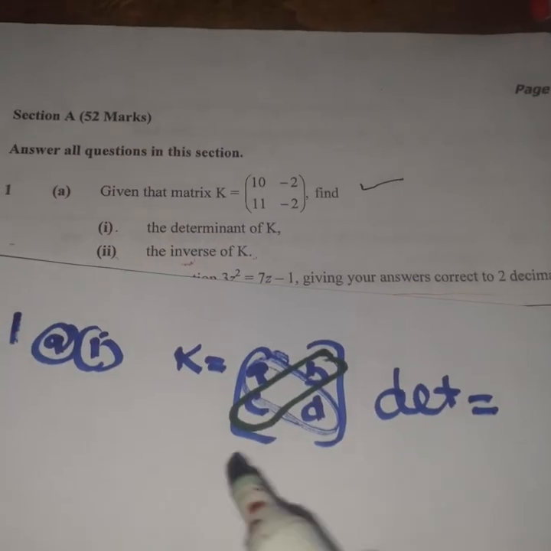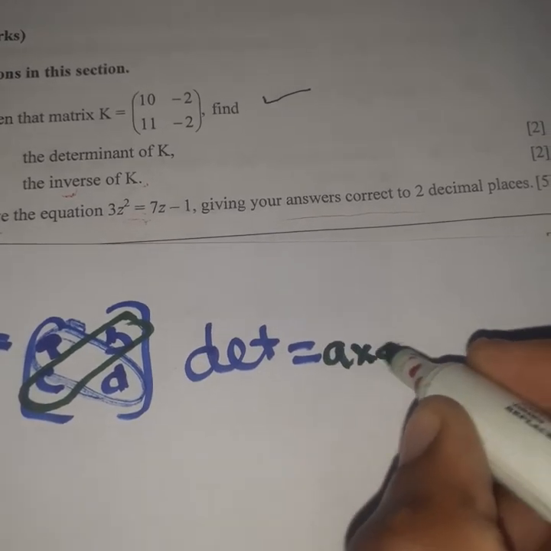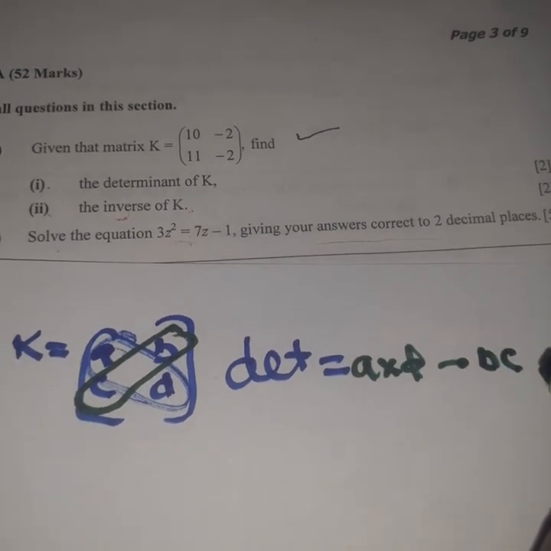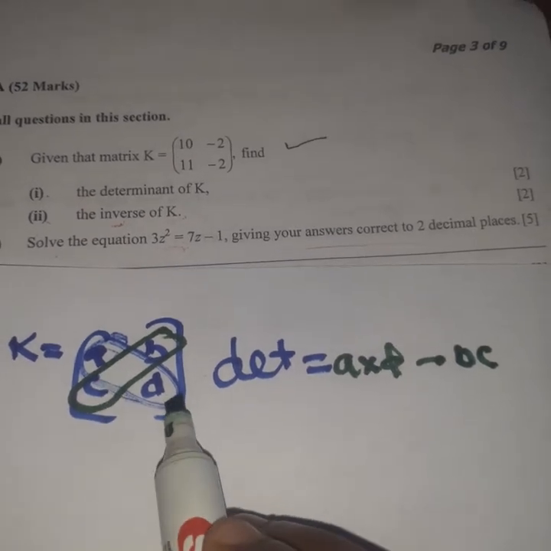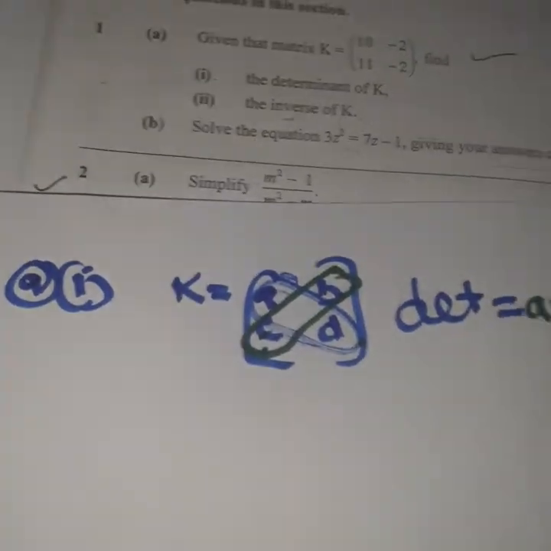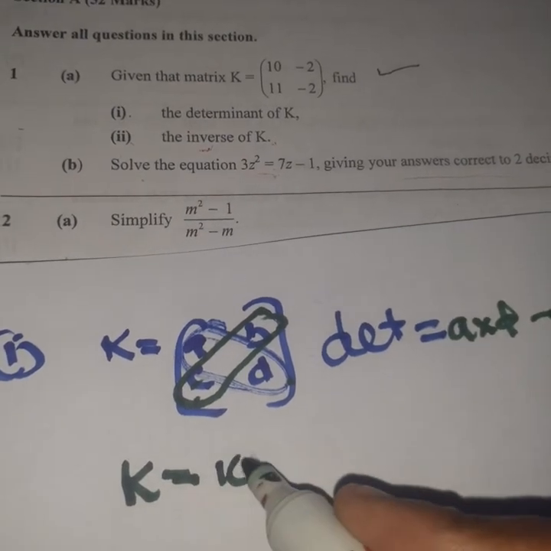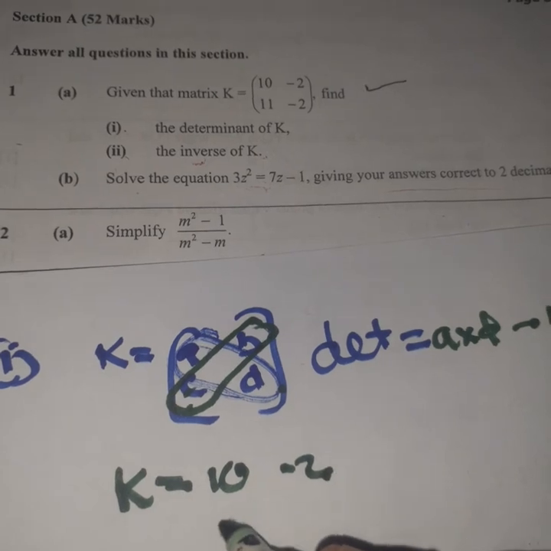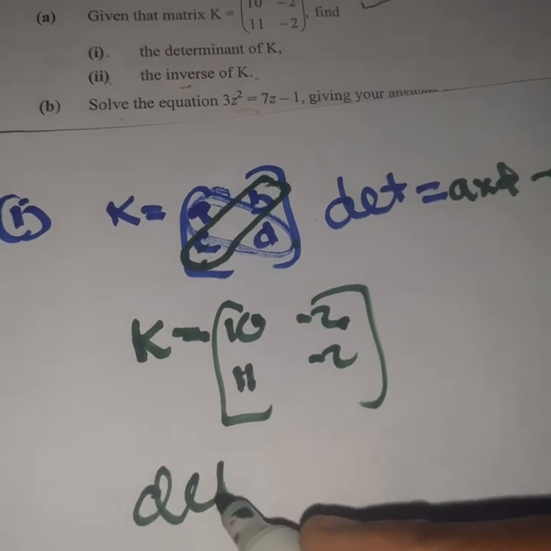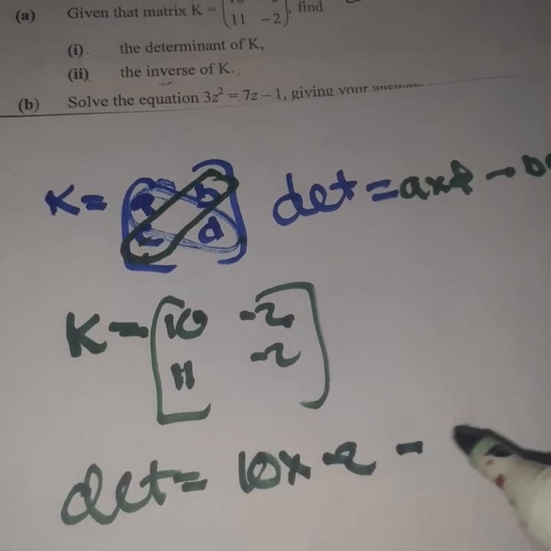So to find the determinant, we have A times D minus B times C. That's what is called the determinant. So A times D minus C times B. This is the major diagonal, that's the minor diagonal. So in this case on matrix K, where K is equal to 10, negative 2, 11, negative 2, to find the determinant of this matrix K, the determinant is equal to 10 times negative 2 minus